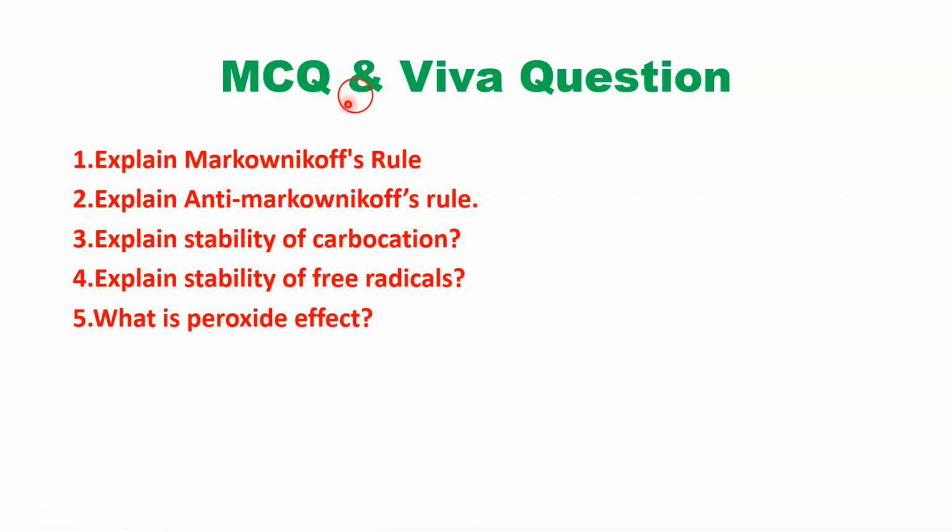What is the peroxide effect? As we have seen in the case of the anti-Markovnikov rule. Predict the product might be a question for you, where an asymmetric alkene is given and you have to predict the product. Very important is whether it has peroxide or not. If peroxide is there, it will follow the anti-Markovnikov path, and if peroxide is not there, it will follow the Markovnikov path. And all the time we should have a protic type of acid, not any other acid.